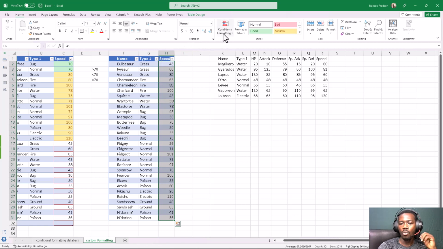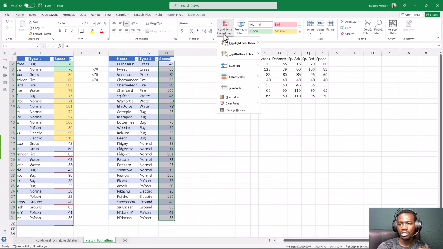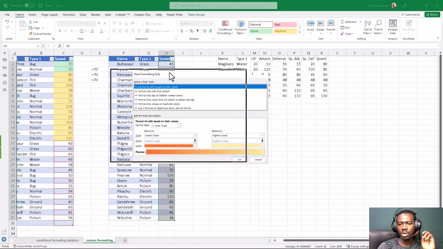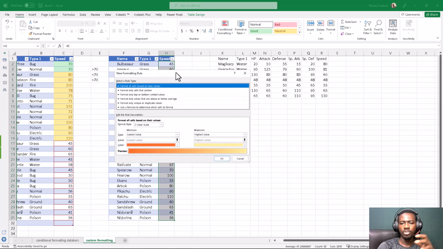Now what we are going to be doing is exact same thing: greater than 70, less than 70, and equal to 70. But how do we do that by ourselves? Go to conditional formatting and then come all the way down here. You will see new rule. Okay, select new rule, and this new rule gives you the opportunity to do a lot of things to just